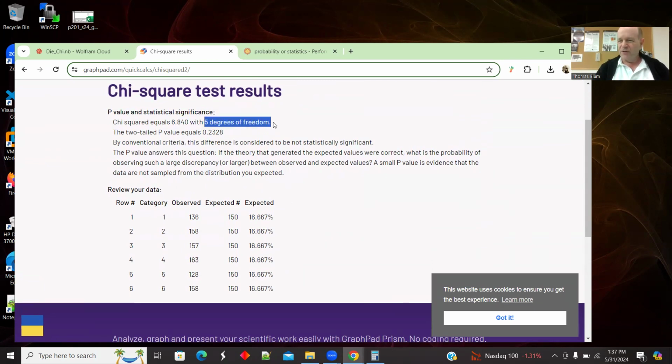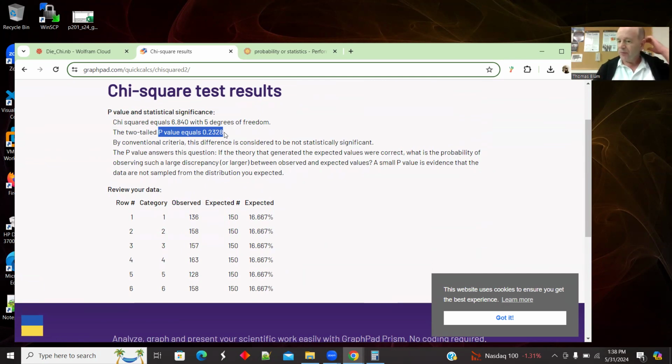It will tell you how many degrees of freedom there were. I had 6 categories, but there was a constraint among the categories that they add up to my number of samples. So there were 5 degrees of freedom. And then it calculates a p-value, which is a probability that